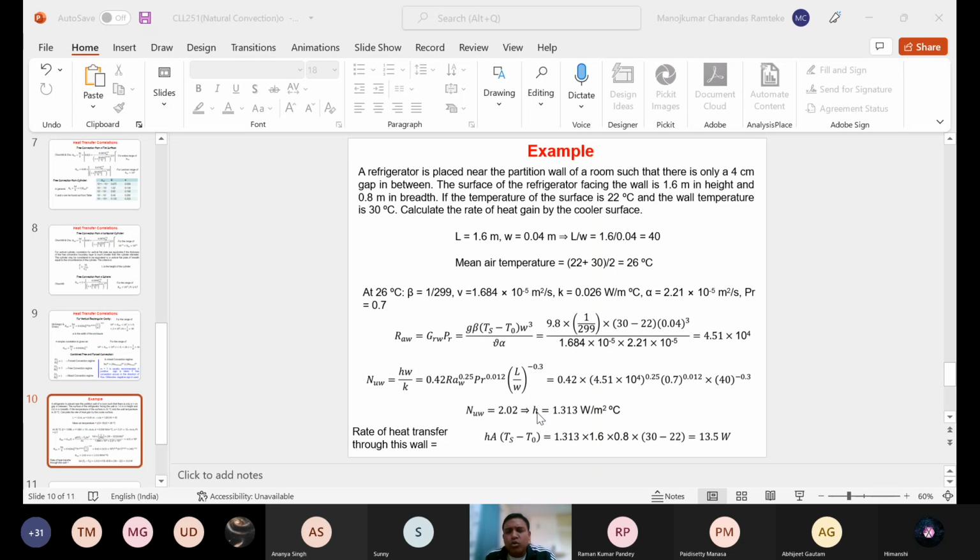Radiation I will require 2 or 3 days, and heat exchangers will take 2 days. So 4, 5, or 6 lectures I will require. Other than that, we need to carry out 2 quizzes before the final examination. So what I am planning is,